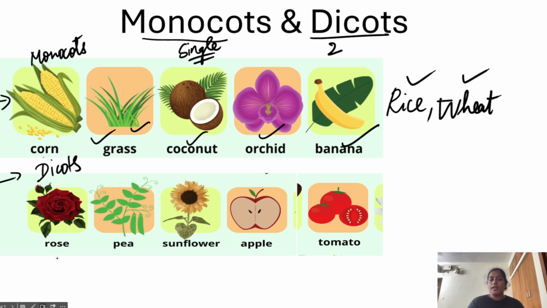And for dicots, you can see the rose. You can ask, ma'am, does rose have a seed? If you observe closely, yeah, they have primitive seeds, we say. Okay, so the examples are rose, pea. Pea, of course, the green gram, right? If you break open green peas, it has two cotyledons, right? Dicotyledon. Sunflower, again like rose, you can see primitive seeds there. Apple, tomato, all these are examples of dicots. Please do remember, because it's an often asked 2-mark question in your board examination: name 4 examples of monocots and dicots each. Okay, remember 4 for each. That will be my suggestion.